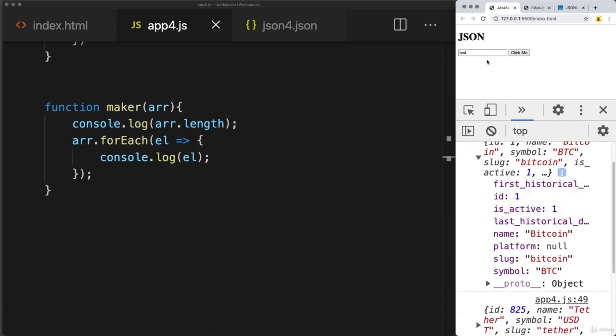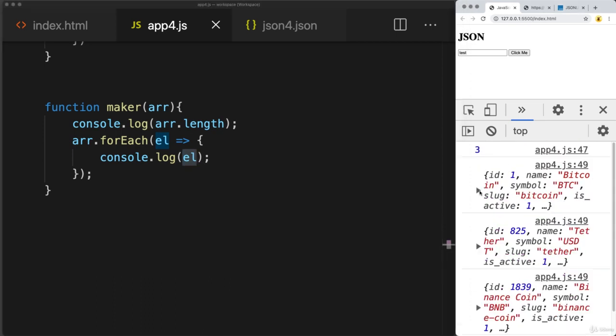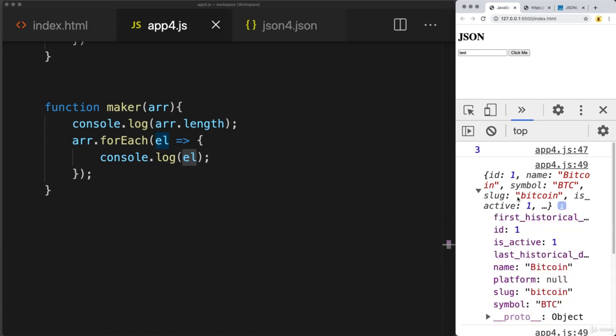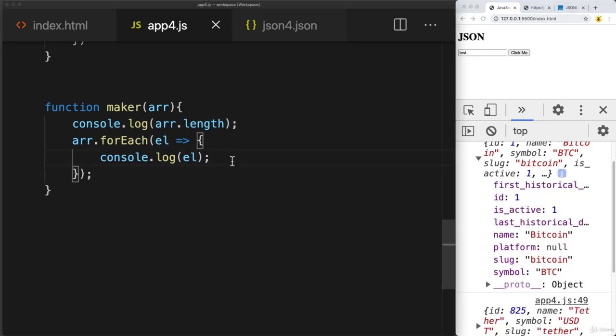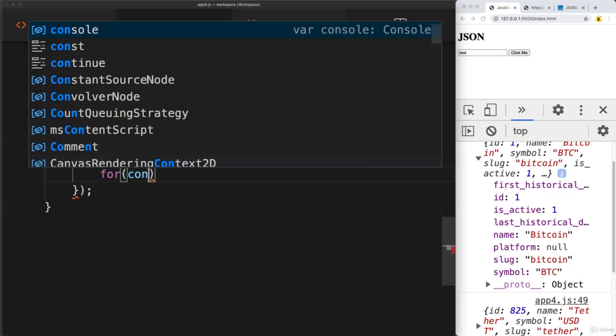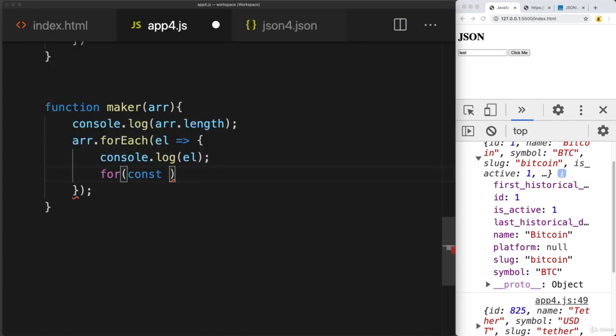So ideally we want to just output and loop through all of the properties that we've got within the object. Now that we're returning back each item within the array, and this is all dynamic, so it doesn't matter which endpoint we're connecting to, the paths and the data is going to be all different, but we're always looping through an array. So we want to make it flexible enough that we can take this object and list out all of the property names that we have here. So we can do that with another for loop that's contained within the for each loop, and this one is going to just pull out the object contents. So object contents,